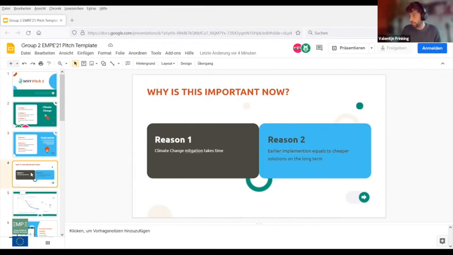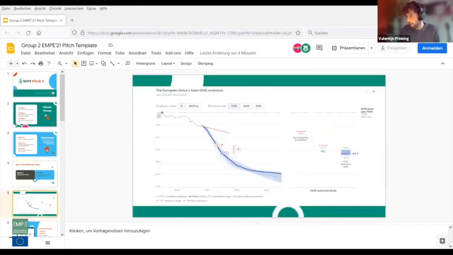Another important reason is that if we act now and early, early implementation equals cheaper solutions in the long run. So also for our wallet, it's better to act now. And now I can show you some